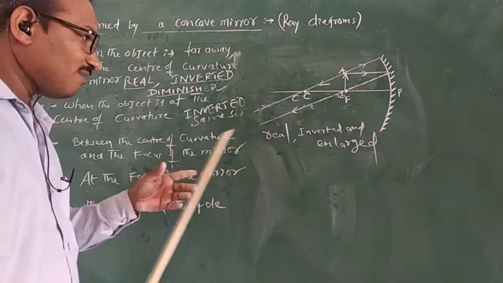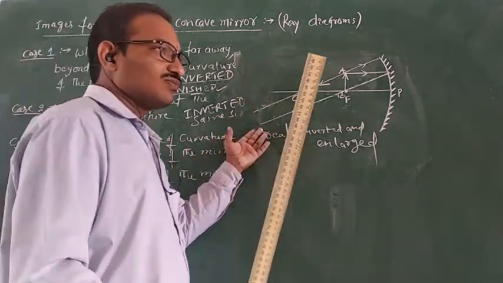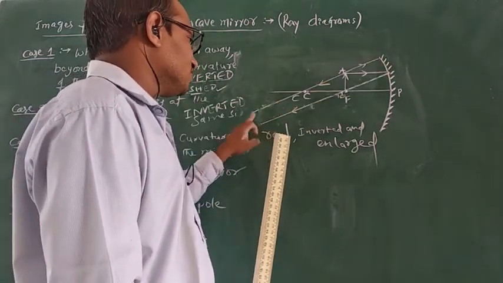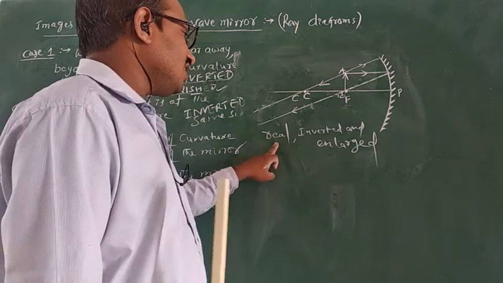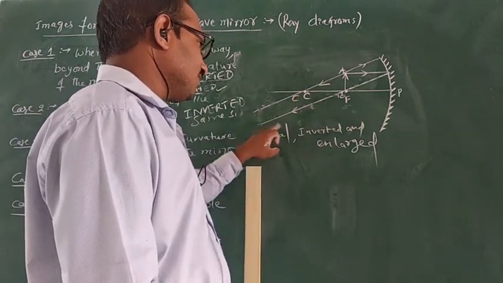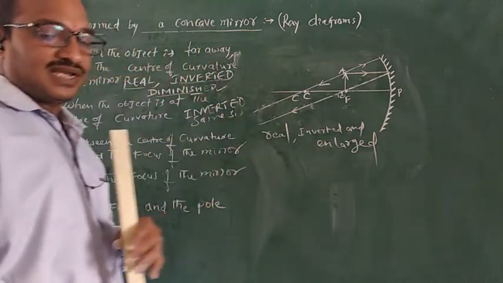An image formed at infinity. We don't know where the image forms; it means at infinite distance the image forms. The image is getting on the screen, so it is a real image. Inverted nature we will get, and an enlarged image. Enlarged means a big image.